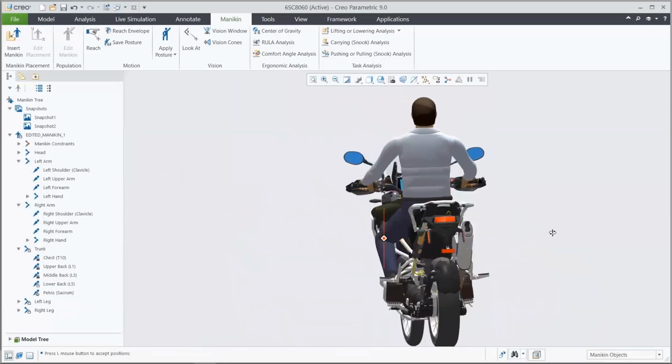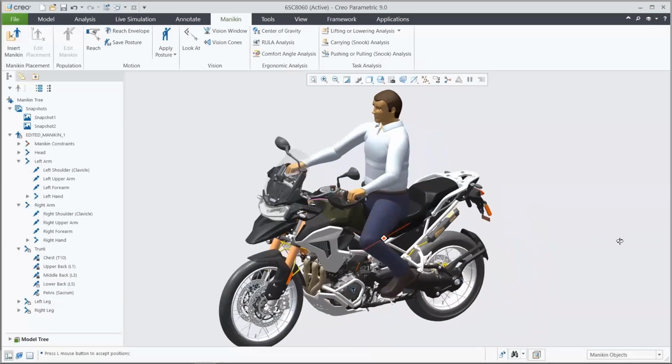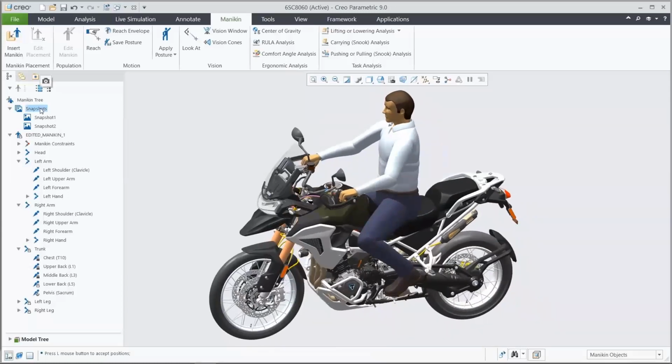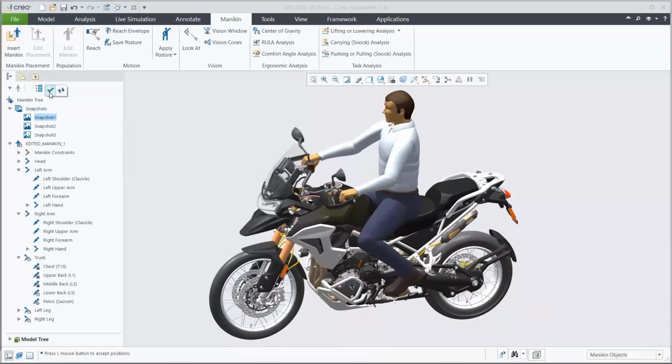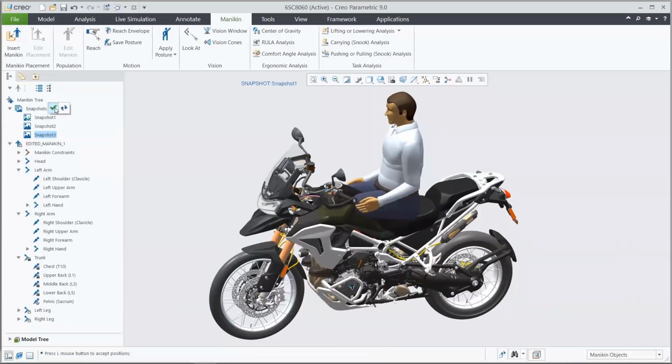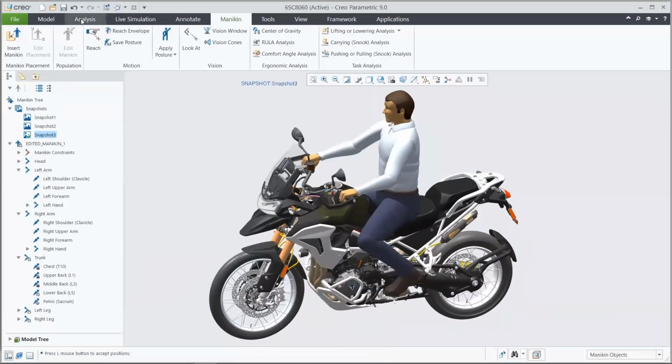You know, at any point, if you like that position he's in, you could take a snapshot of this to come back to. If you want to send this out to someone else, you can always send that over to them in that position. Last thing I want to touch on here as well is the new ability to set